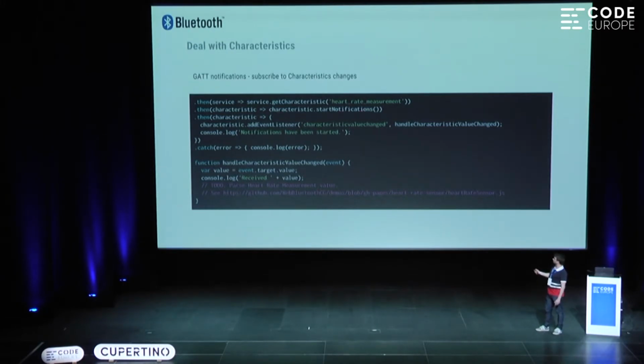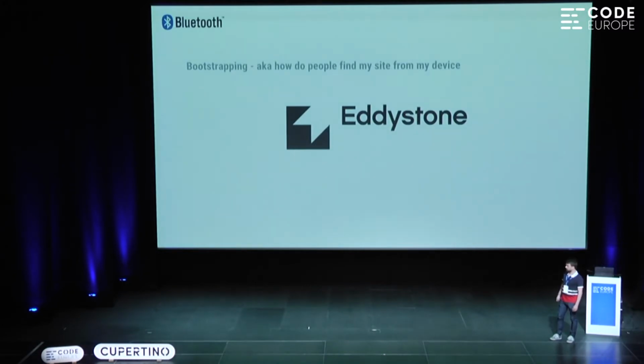So I'm doing the same. Here I'm looking at heart rate. It changes all the time. So when I get the characteristic, I start notifications, and I set up an event handler. Every time the heart rate changes, this event would be called. So I'm getting out the value, and I'm printing it. Very, very simple and very powerful. It might look a bit complicated at first, but if you start playing around with this, it's really easy to use.